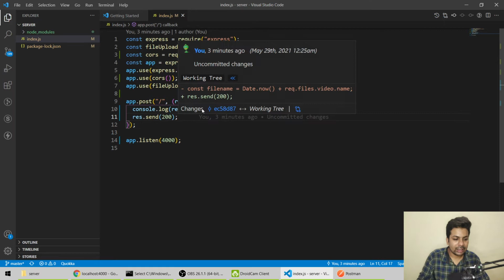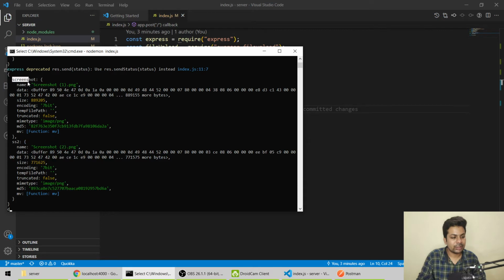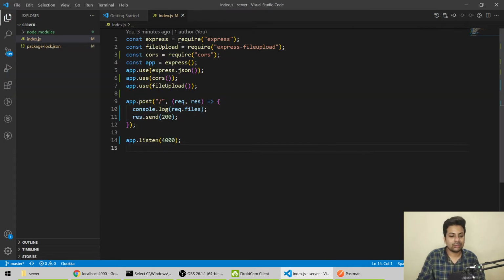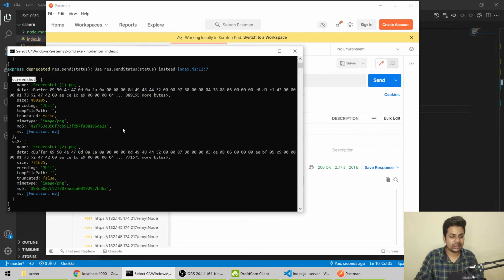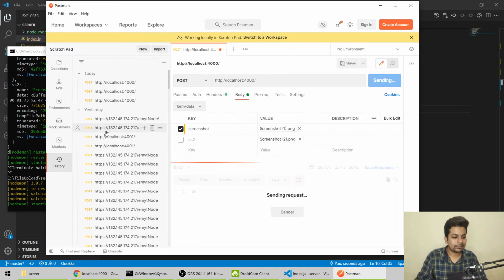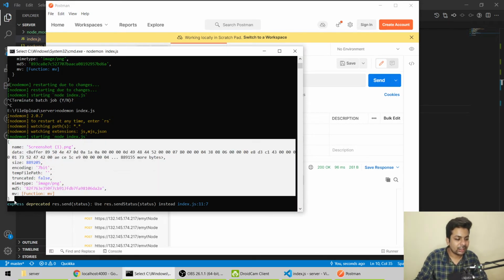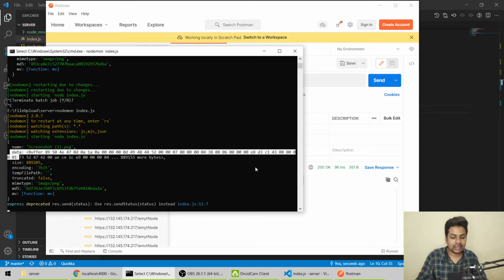So for that, I'll now console request.files, and in files we can see its input tag name is screenshot, like the object name. So we'll do request.files.screenshot. We are sending two files, but we are printing screenshot only. Let's remove the unnecessary one, and now if I send it, see, now just one object. The screenshot name is gone because I'm directly printing the details inside the screenshot, so it's the name, the data and everything the same.